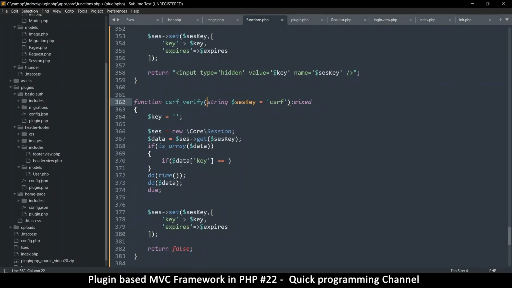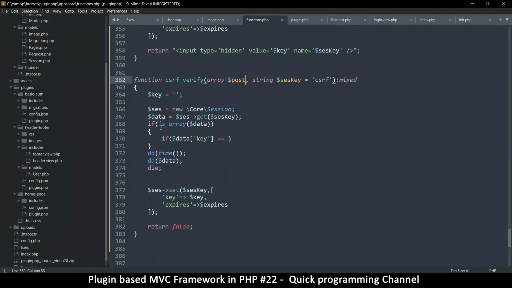So what I'm gonna do is, let's expect a post variable here, like so. This is going to be an array. So I'm going to call it post like this without the underscore, because I don't want it to get the global variable. So I just want this as it is. In fact, let me put small letters just to avoid confusion. So array post, okay, so if not empty,